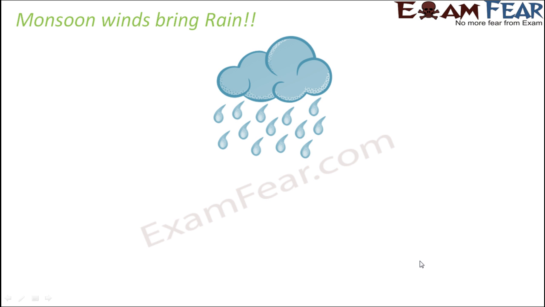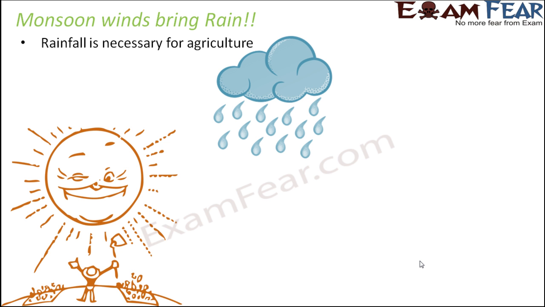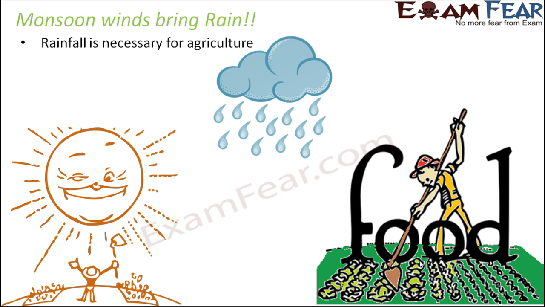Now, as I was talking about the monsoon winds and the winter winds, I told you that monsoon winds bring rain, and rain brings happiness to a lot of people, especially in a country like India, where agriculture is very important, because a majority of our population depend on agriculture, not only for their livelihood, but agriculture provides food, and food is required for the survival of all living organisms. Without food we cannot survive. For production of food we need water, and for water we need rainfall. Therefore rainfall is very necessary for agriculture, for getting food, which is important for the survival of living organisms.